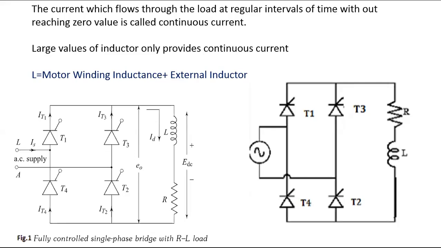During this process, at omega t is equal to 180 degrees, both SCRs T1 and T2 are not turned off. They are not commutated. They are commutated at omega t is equal to pi plus alpha, which is 180 plus alpha, which is equal to beta. So at omega t is equal to